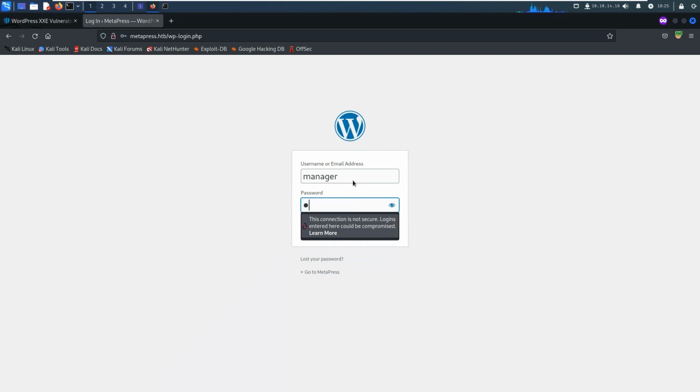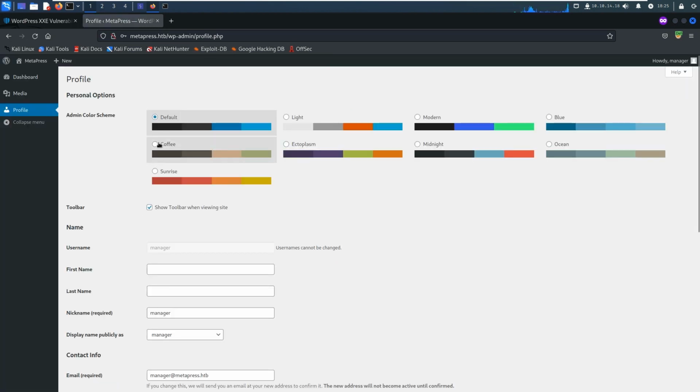I think I typed it. Then let's try to log in to see if those credentials will actually work. And they work. So the password I'm using is Party Like a Rockstar. So we now have authenticated access to the site as the manager at